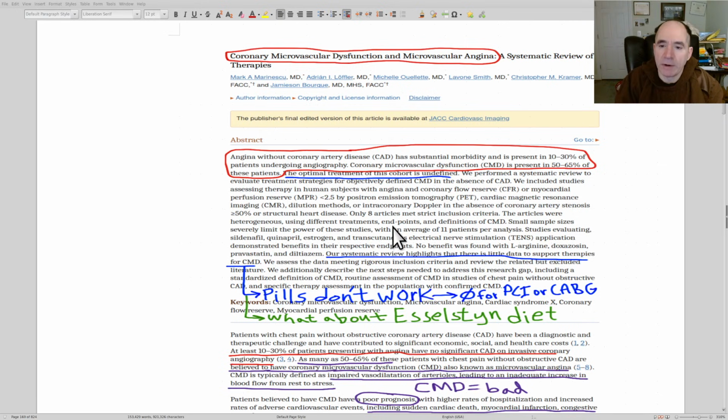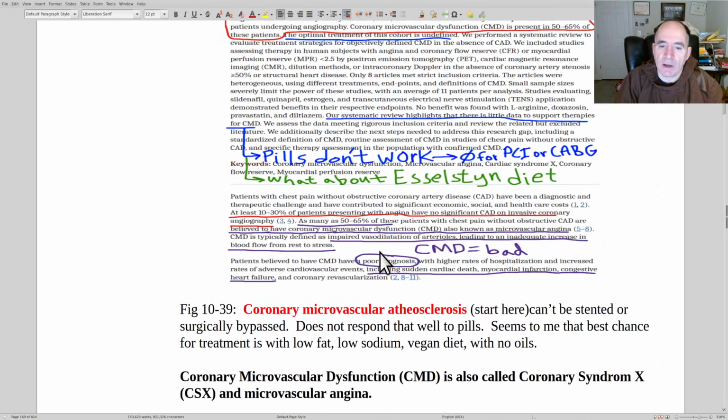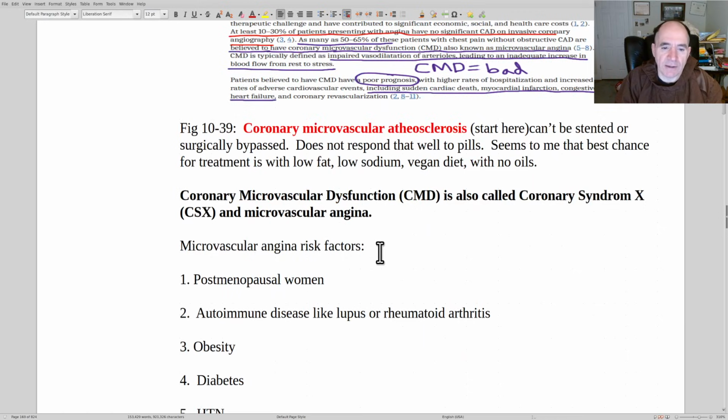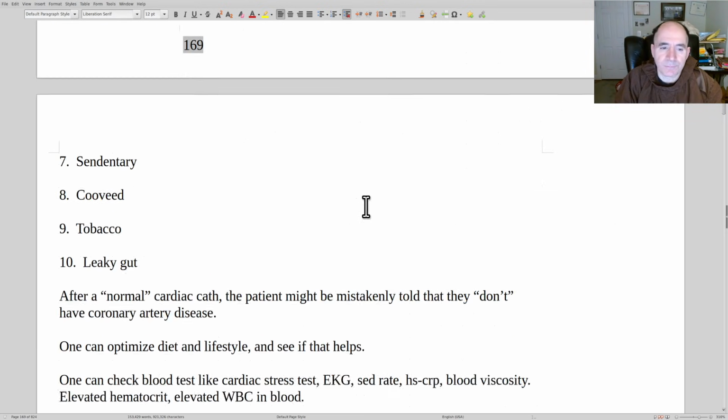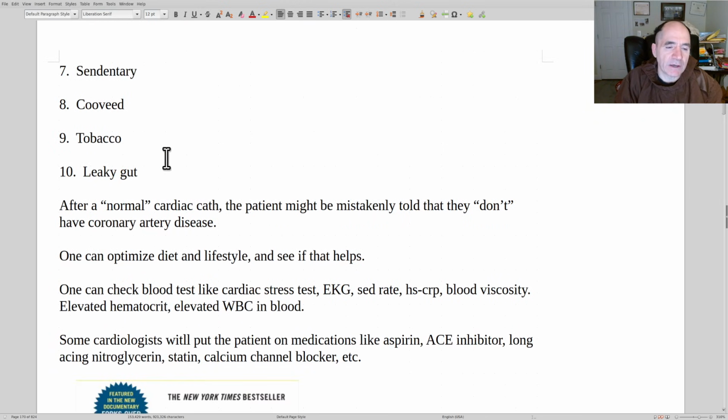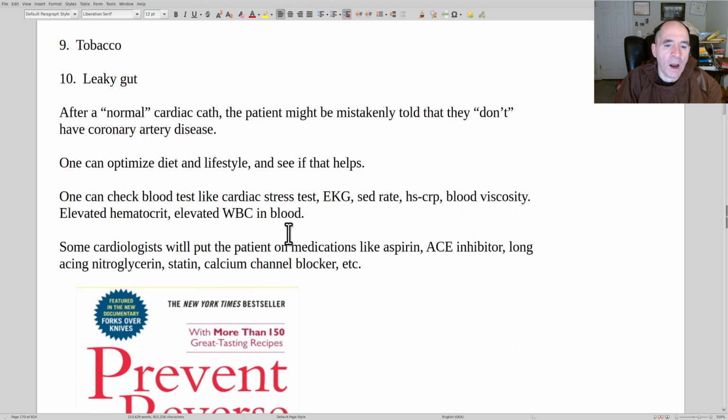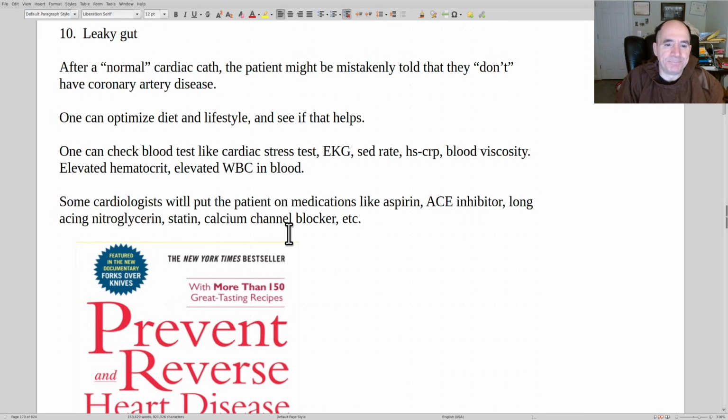So I'm talking about coronary microvascular dysfunction, problems with the intramyocardial branches. Women tend to have more problems with that than men. Here are some of the risk factors. Postmenopausal female, autoimmune disease, because you form small clots in the context of autoimmune disease. Obesity, diabetes, hypertension, cholesterol, risk factors for everything ischemic. Secondary infections, tobacco, leaky gut. Some will put the patient on antiplatelet medicines like aspirin, some of these other meds, but again, why not just fix the thing